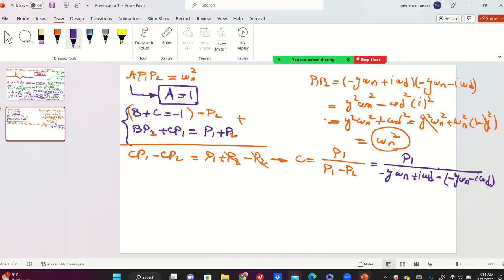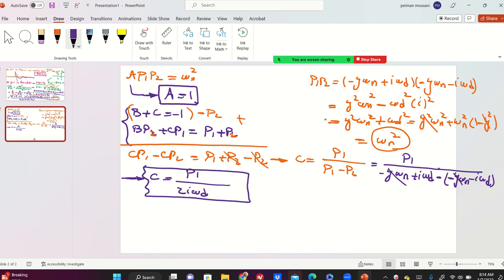So I multiply it by P2. So from here you get C equals P1 divided by this, with this minus plus 2I omega d. This is C. Okay. If you put it here, you get